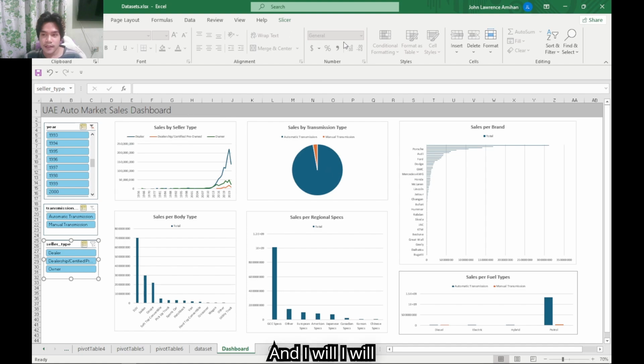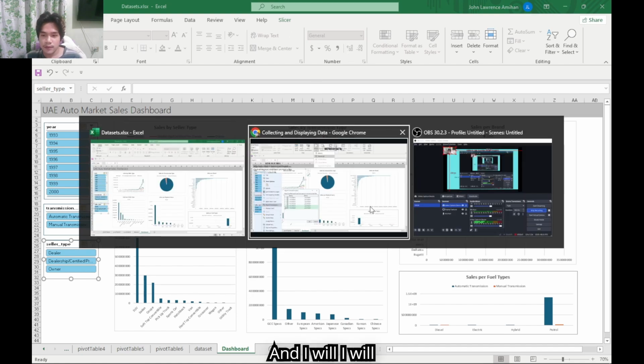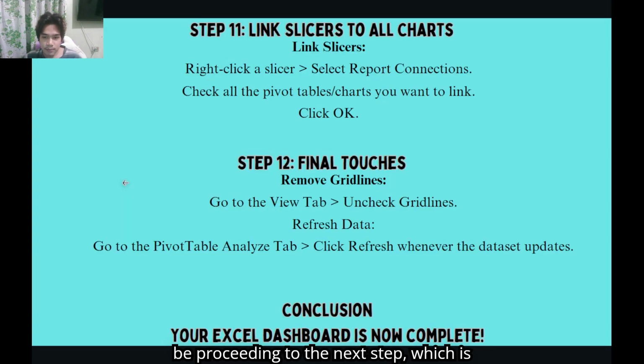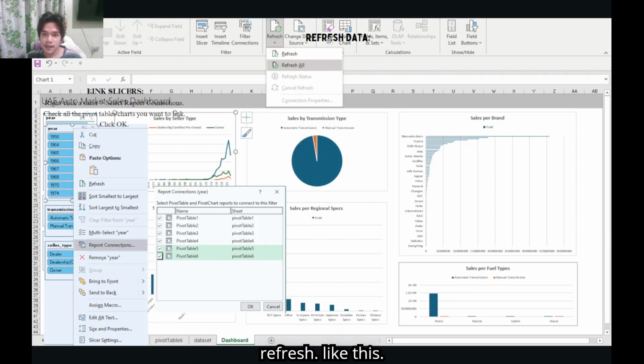I will be proceeding to the next step, which is the final touches, like removing grid lines. Go to View tab, uncheck grid lines, and lastly, if you want to see the data change, you need to refresh like this.